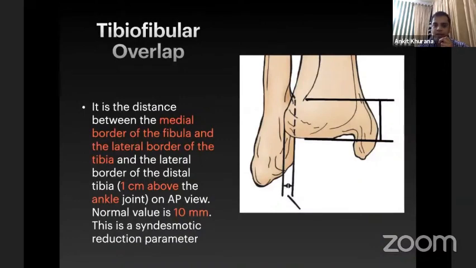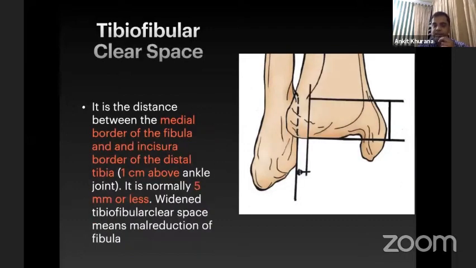This is the tibiofibular overlap, which is seen a centimeter above the ankle plafond, and it is between the medial border of the fibula and the lateral border of the tibia, and it should be more than 10 mm to indicate syndesmotic integrity. Similarly, the tibiofibular clear space is between the incisural border of the distal tibia and the medial border of the fibula, and anything that is more than 5 millimeters indicates malreduction of the fibula or a syndesmotic